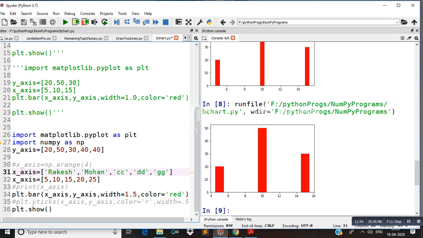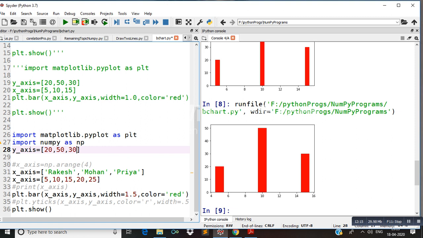Values of the y-axis can also be changed. The number of values of the x-axis and y-axis must be the same. Here you can see the y-axis values; suppose these are the marks at the y-axis.